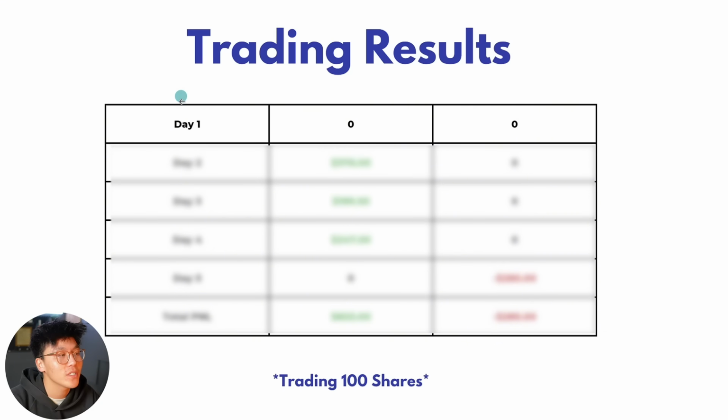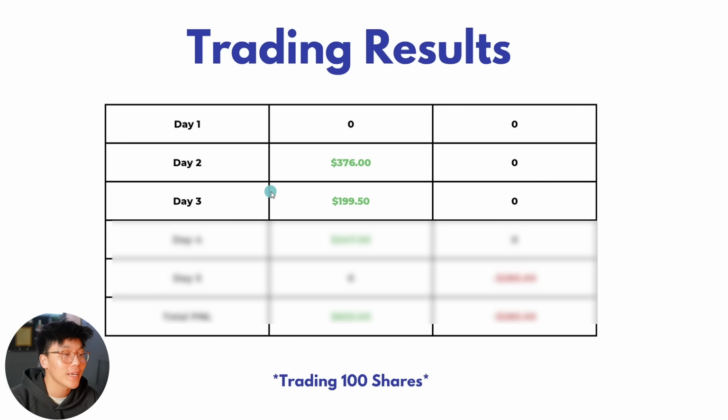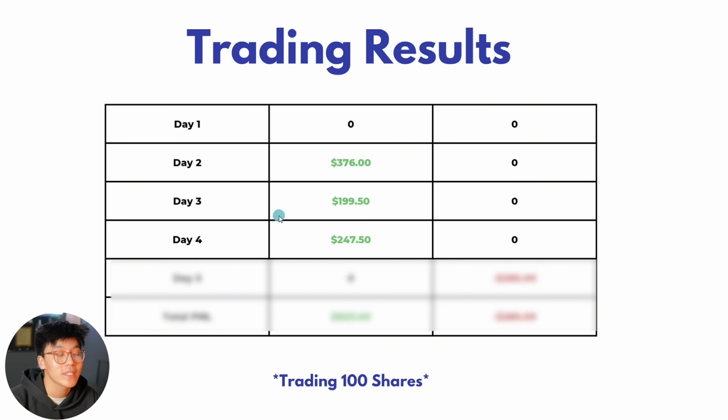So on day one, as you can see, we didn't win and we didn't lose. So it was a net break-even day. On day number 2, we ended up making $376. On day number 3, as you can see right here, we ended up making $199.50. Day number 4, we ended up making $247.50. And then in day number 5, we end up losing